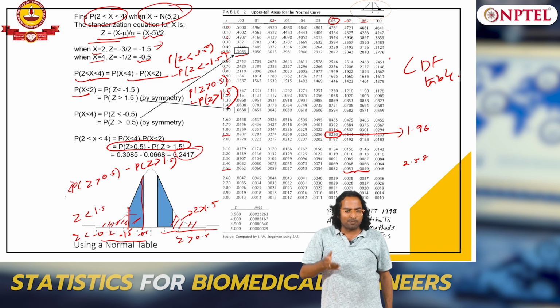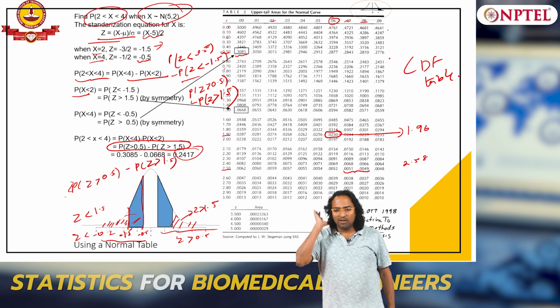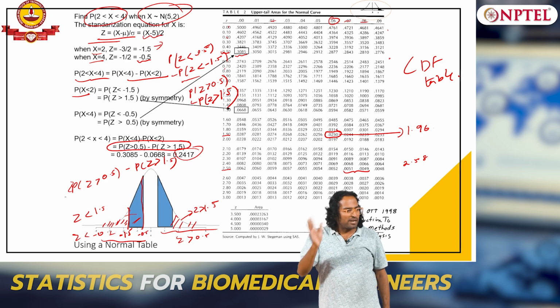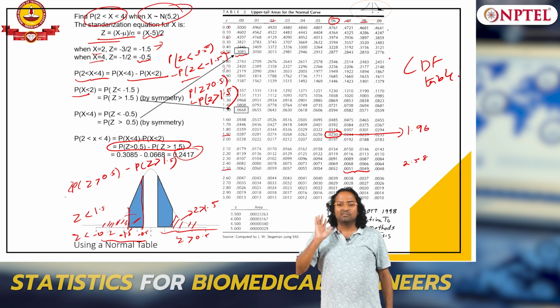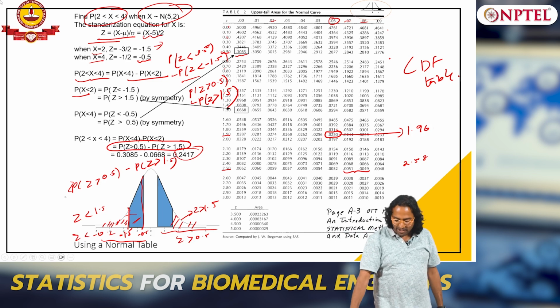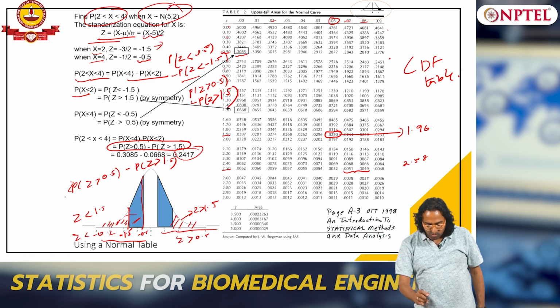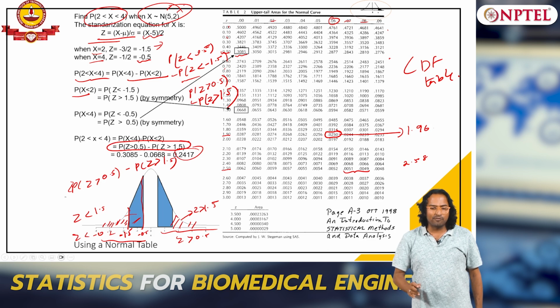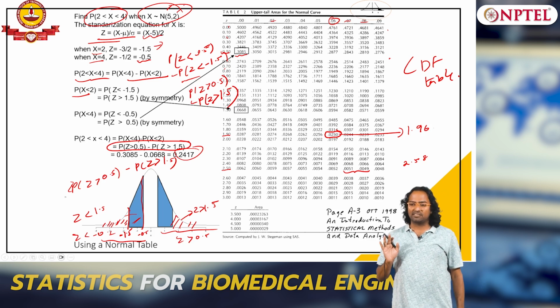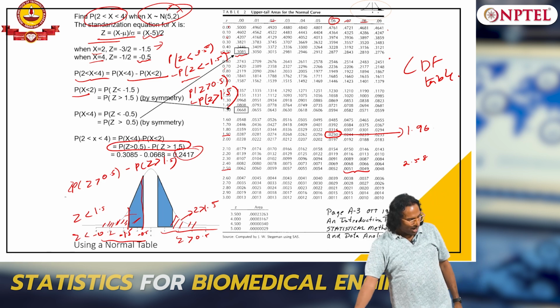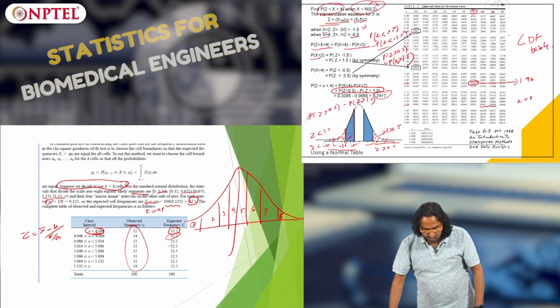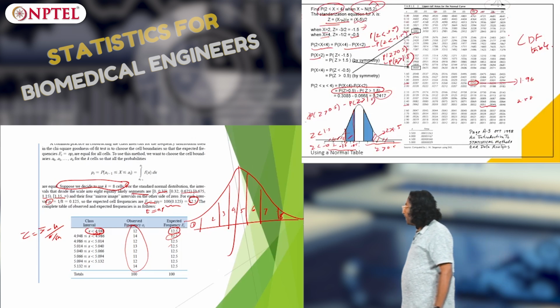Remember in the last problem what did we do? We calculated lambda from the data and we assumed it to be the population. Similarly x bar is to be mu and S is to be sigma. So x bar, that is mu, is given to you, and the sample standard deviation is given to you. If you square it you get the variance. Now you look at this parallelly here.